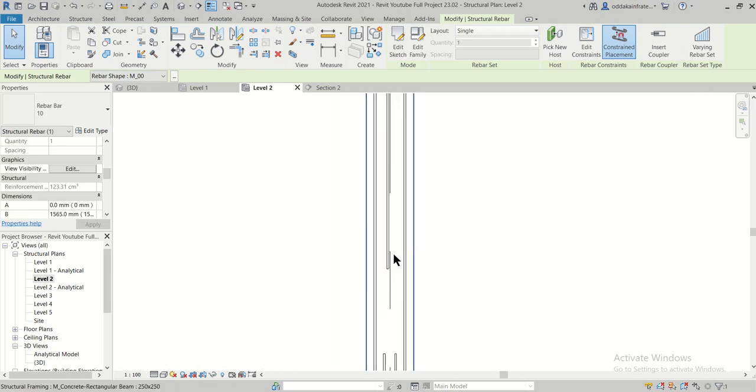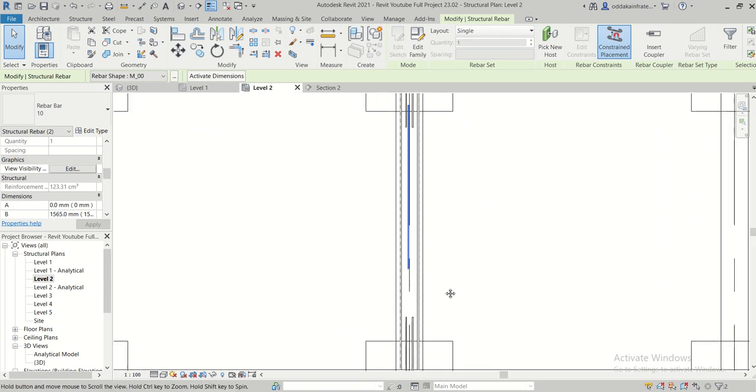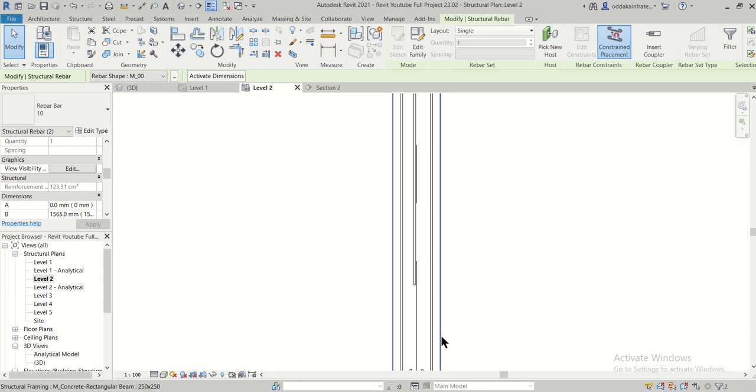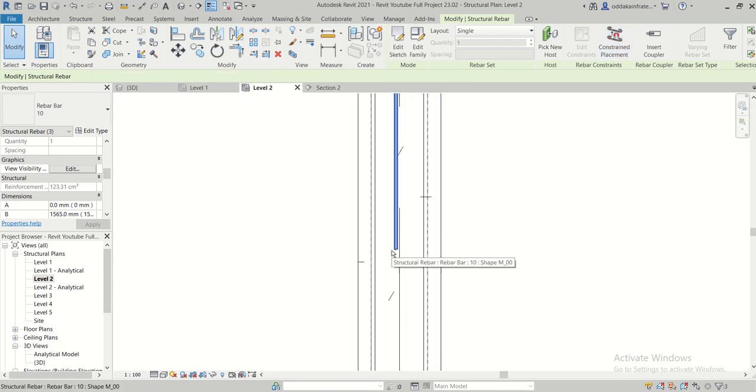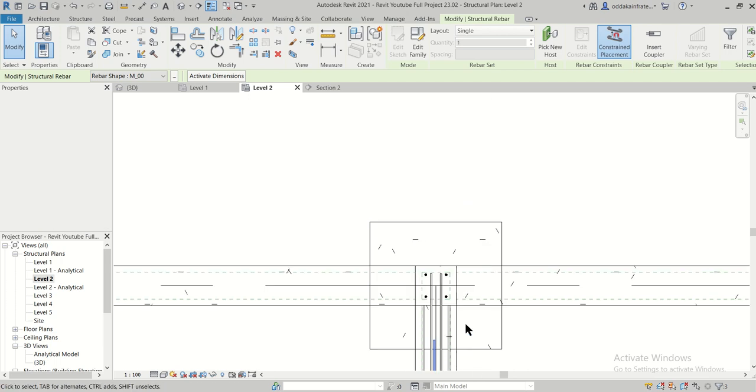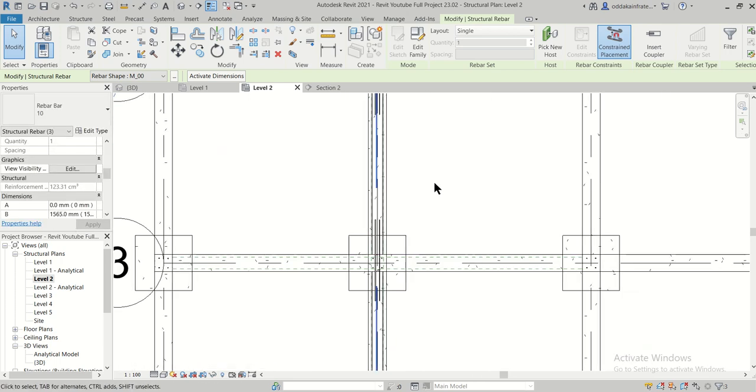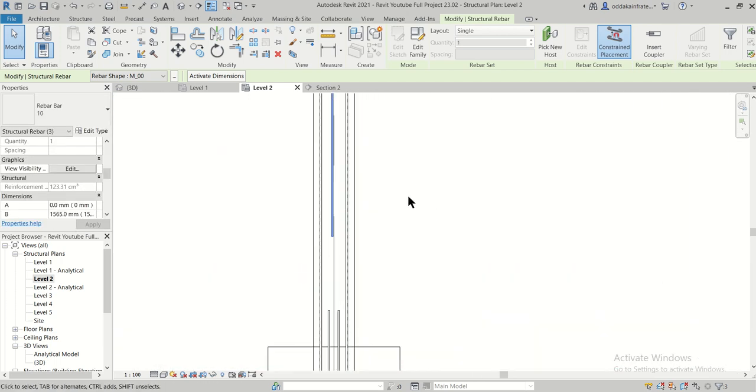Just make sure you press control and press this, and control and press this, and then the keyboard down arrow button, just adjust the shape.